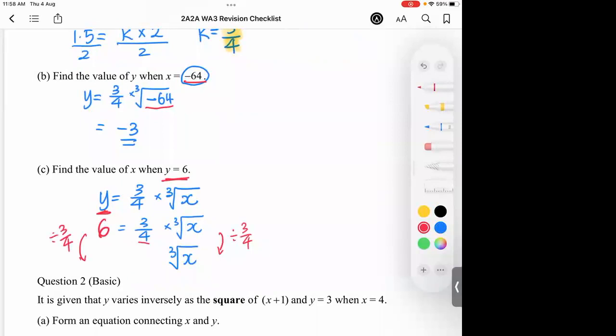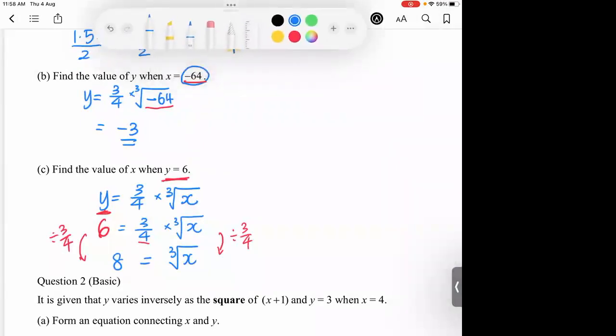Okay, so 6 divided by 3/4 will give me the number 8. Okay, so 8 is equal to the cube root of x. Next one, if 8 is equal to the cube root of x,